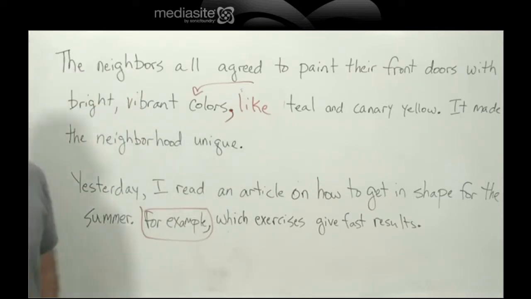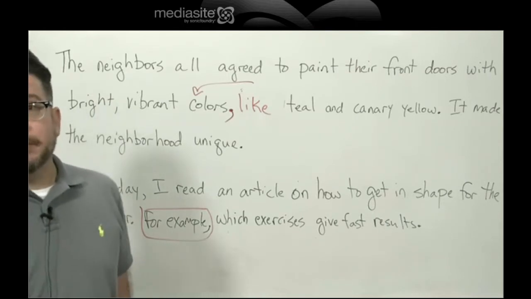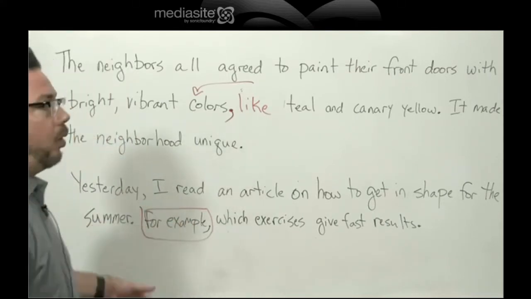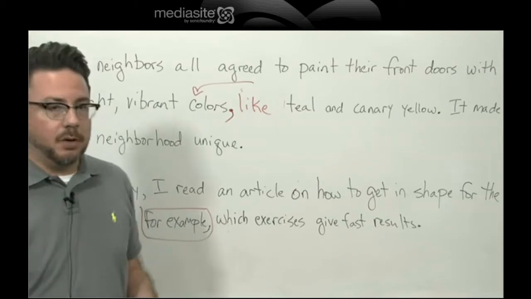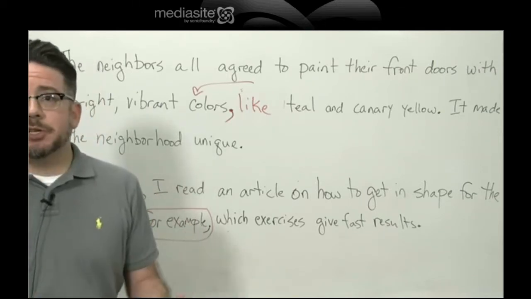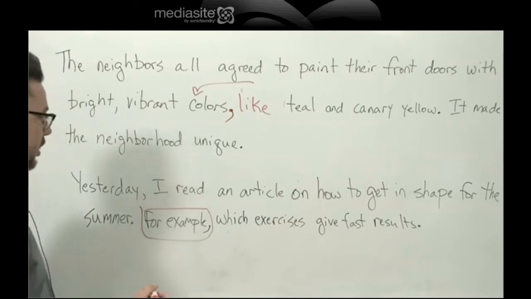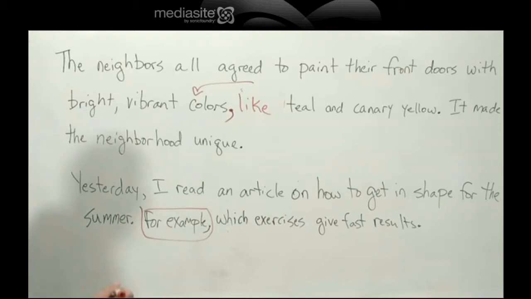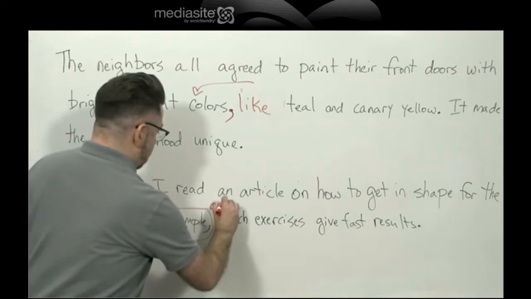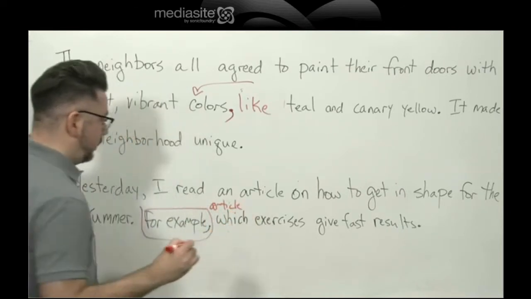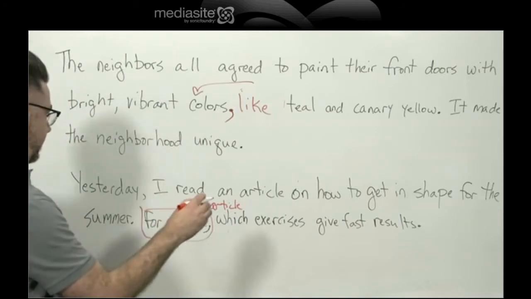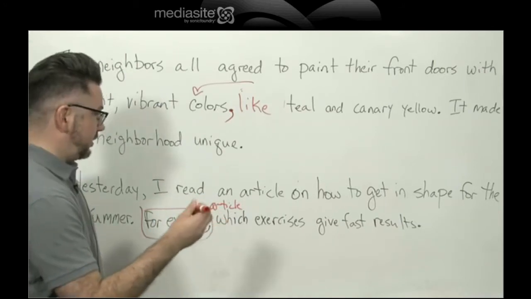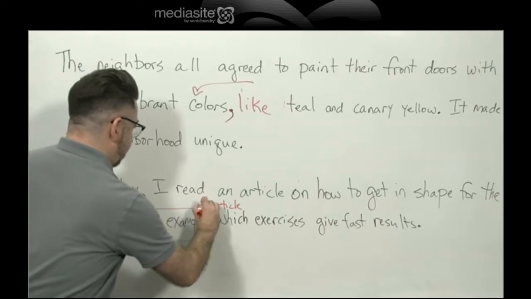So we need to add that in, because combining this with the sentence before is not going to work in this instance. So we need to add in the subject and verb that are missing. So what is this adding detail about? What is the subject here? Well, we're talking about an article, and it says that it is discussing how to get in shape. So let's add in,